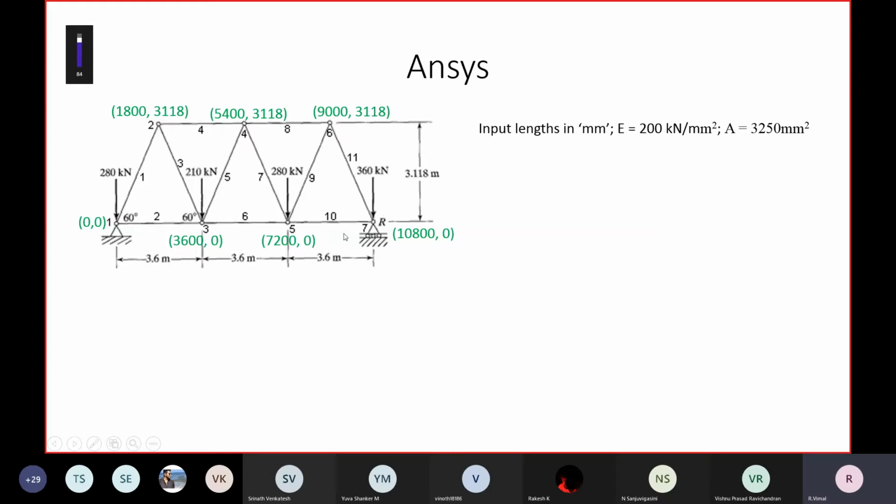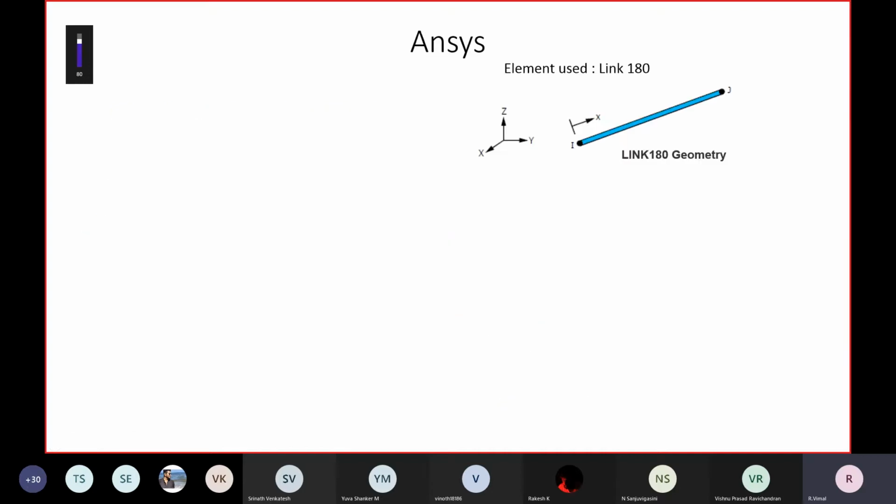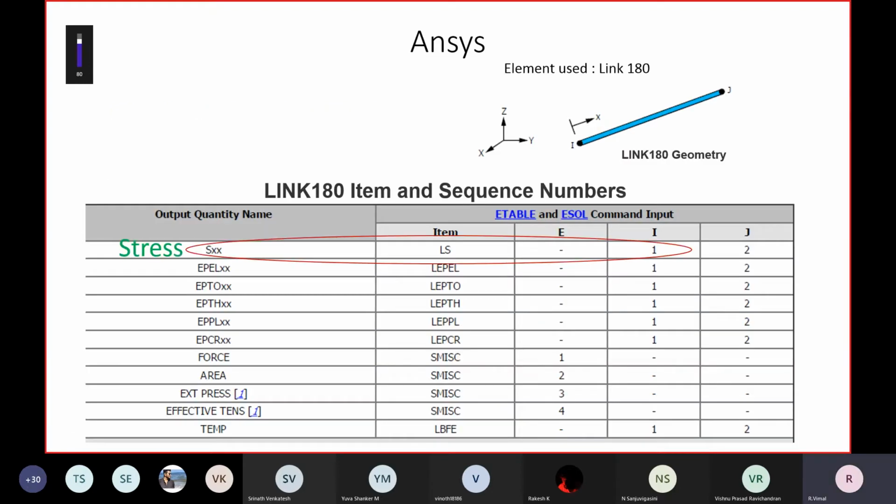In order to execute this problem in ANSYS software, for the given question, you have to draw this. This is very, very important. Actually, this is not a condition that is required from an exam perspective, but in order to key in the points into the ANSYS software, you need to generate these points. If you are able to do it directly, it's not a problem. But in order to avoid mistakes, since this sets the main critical condition for the problem, we request you to do it once in the worksheet and then map it in the ANSYS software as key points.